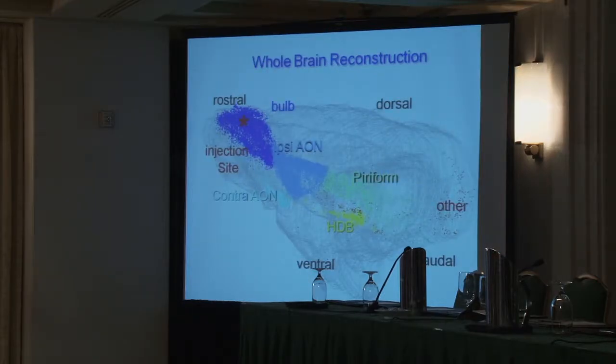And this is what it looks like. So obviously, you're around the injection site, you're labeling a lot of neurons. You can see from a local injection, you're getting a huge area of the piriform cortex, accessory olfactory nucleus, the diagonal band. It's a very important neuromodulatory area with acetylcholine. And these are all known, but now we can actually count them and get a more quantitative measure of relative numbers of neurons that are projecting back. And then there are a bunch that are shown here in red that have never been seen before. What are they? Where are they coming from?